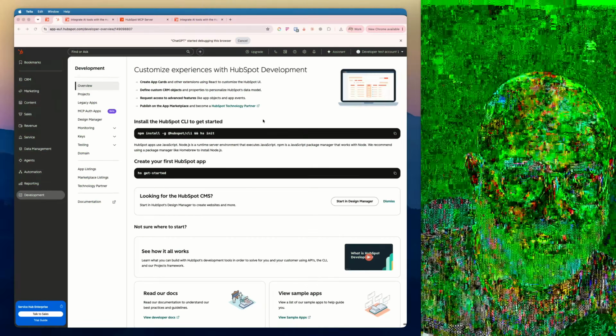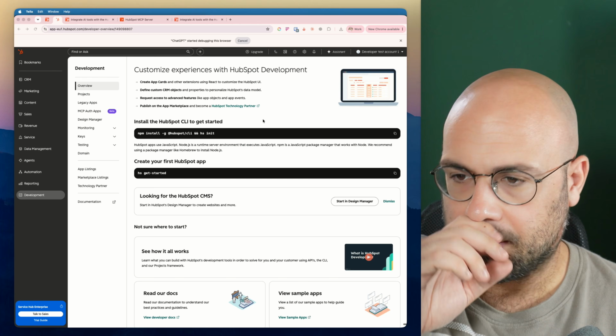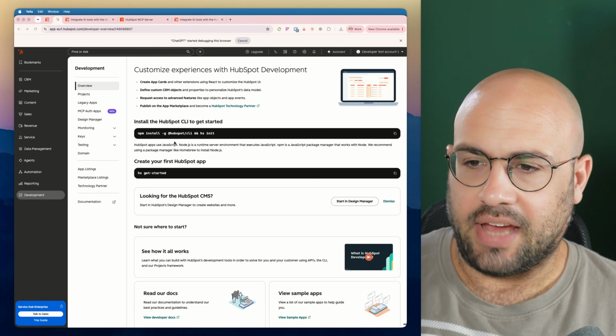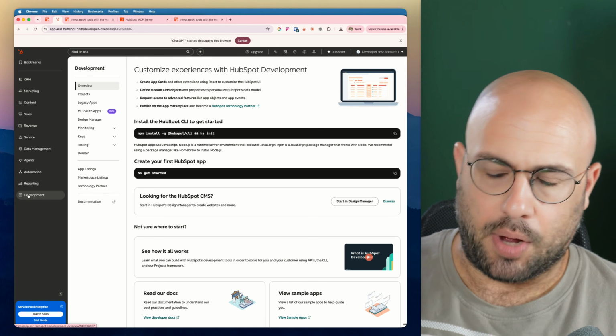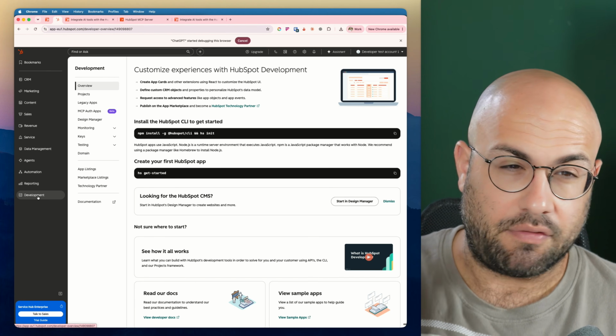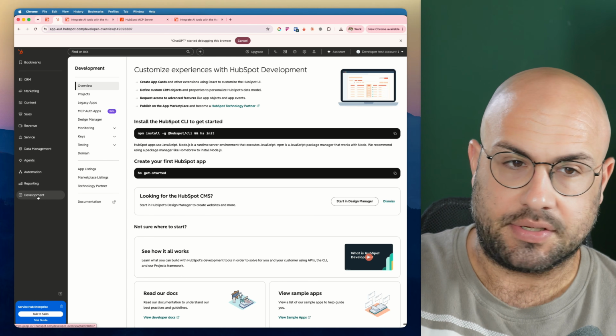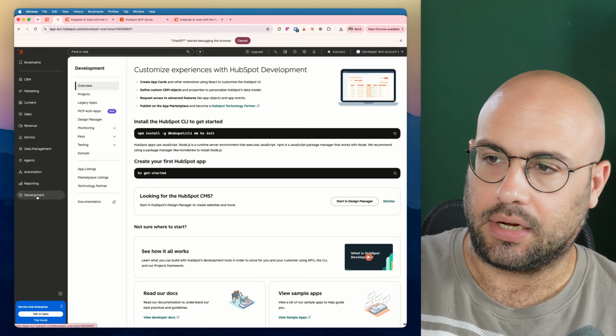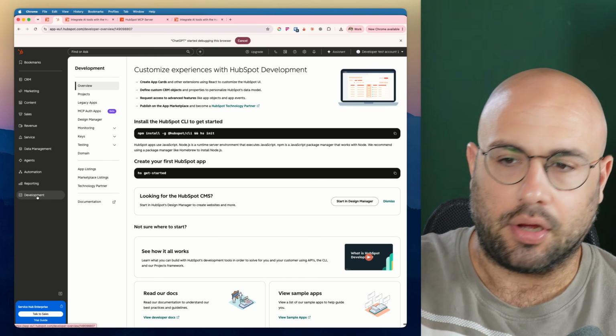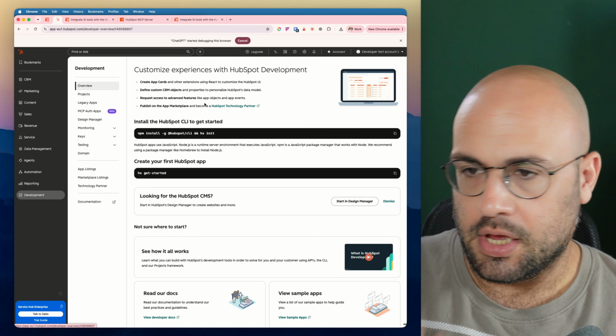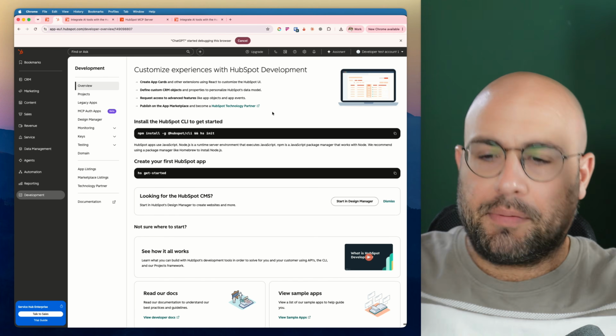Let's go into that. So let's talk a little bit about the possible options that you have for development before we dive into the MCP itself. The HubSpot CLI is the thing that pops out at you when you click the development button. By the way, if it doesn't show up for you, this is a test account, and it is automatically on the sidebar. If it doesn't, there's a more button here. You click it, it puts you into developers. Their HubSpot development flow